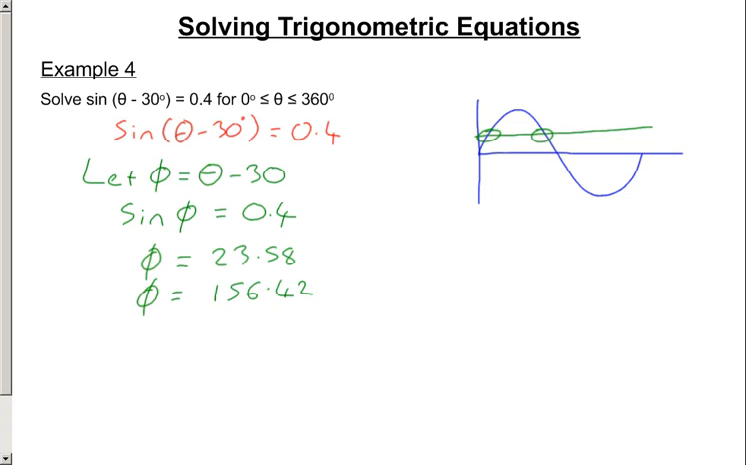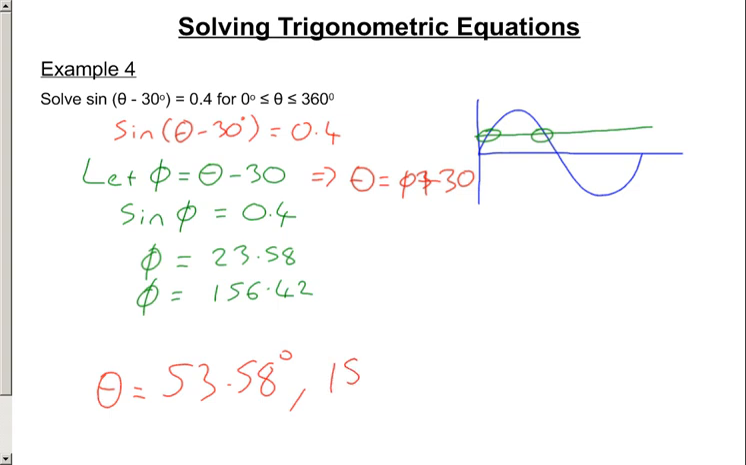But that's not our answer. That's our answer for phi. We wanted theta. Now if phi is equal to theta minus 30, then theta is equal to phi plus 30. So we still need to work out theta. So theta is each of these results we already had plus 30. So it's 53.58 degrees and 186.42 degrees. Now again, we need to be a little bit careful here because we need to make sure there